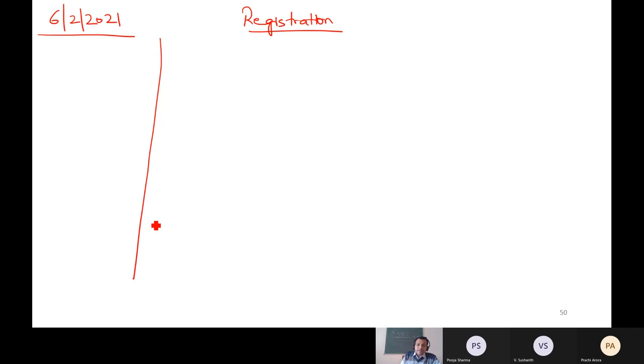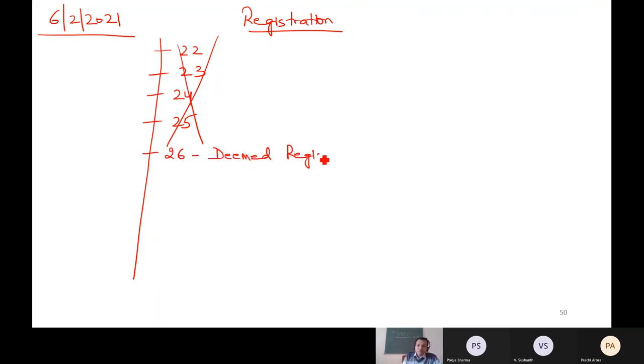I told you that there are 9 sections, 22, 23, 24, 25. These are covered. And now what is left is 26. It talks about deemed registration. I will tell you in detail now. First, let me tell you the purpose of those sections. 27 talks about special provisions